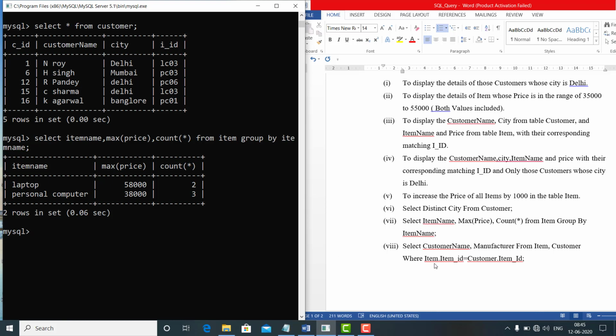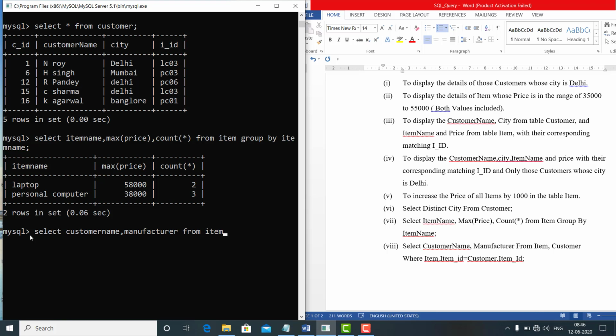Now we will find the output of the next and last query. Now we will type select customer name, comma, manufacturer. From which table?